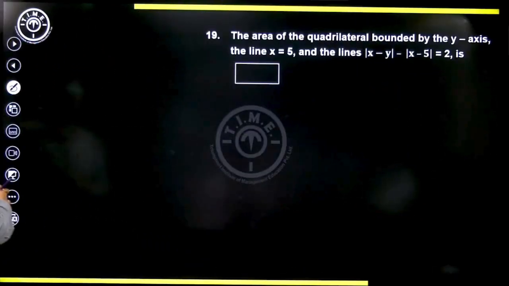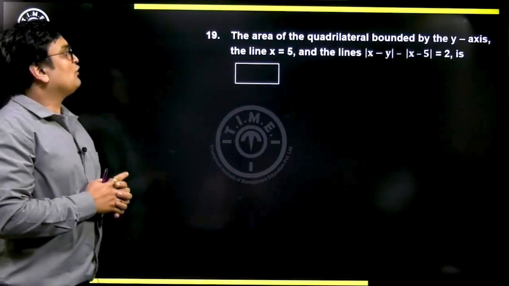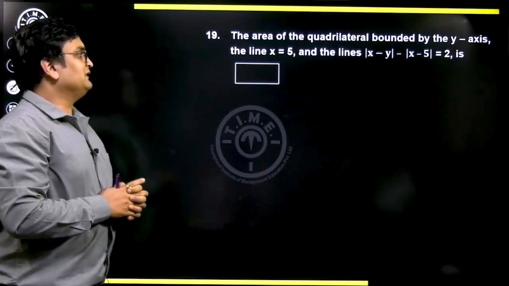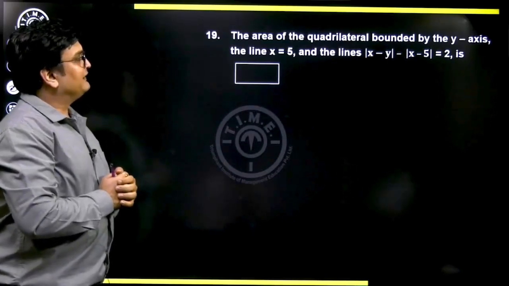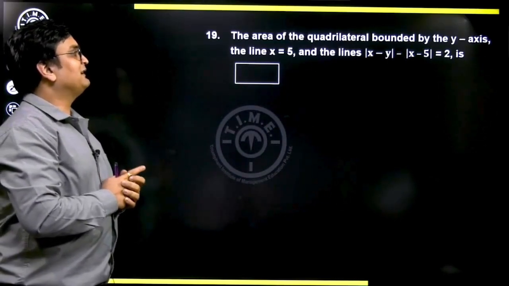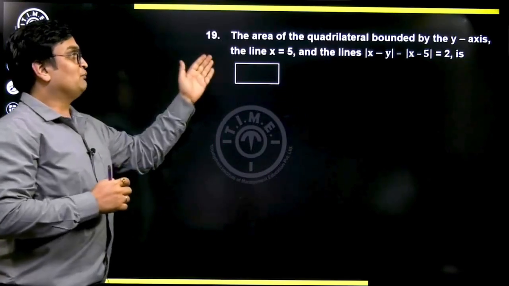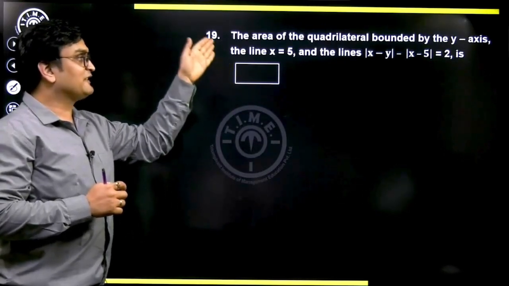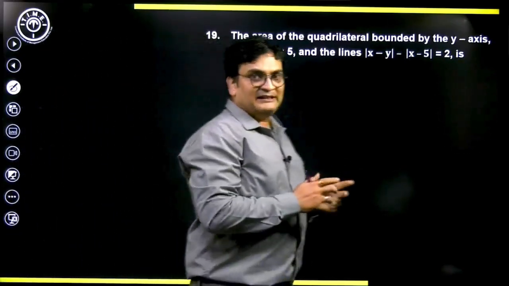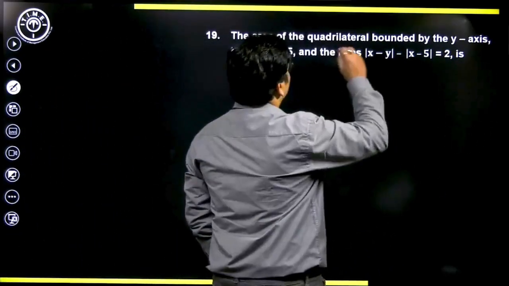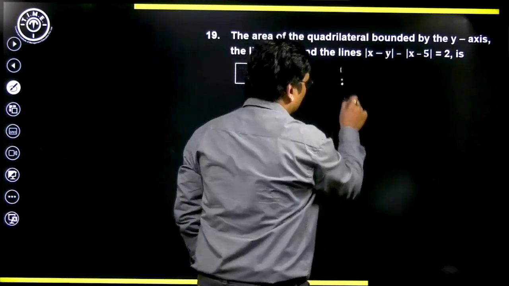Next one, question number 19. The area of the quadrilateral bounded by the y-axis, the line x equal to 5 and the lines mod of x minus 5 minus mod of x minus 5, mod of x minus y minus mod of x minus 5 is equal to 2 is. See, please note, the quadrilateral that I should get should be